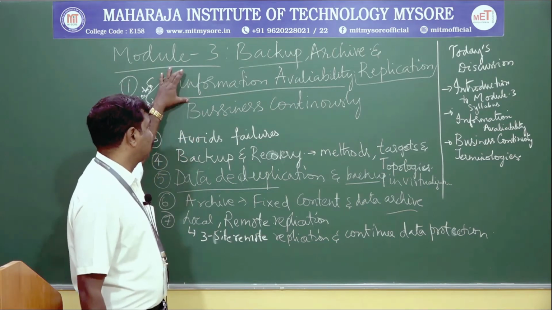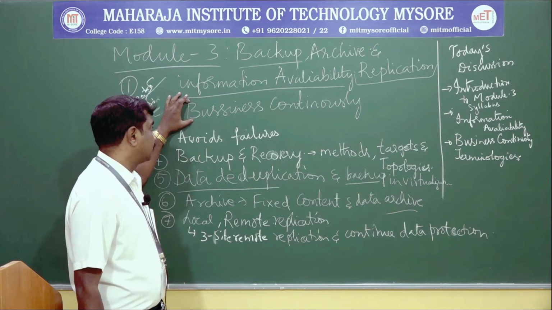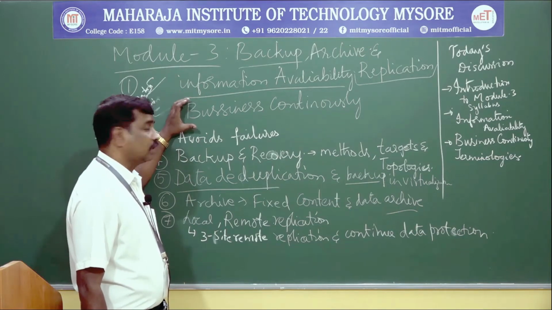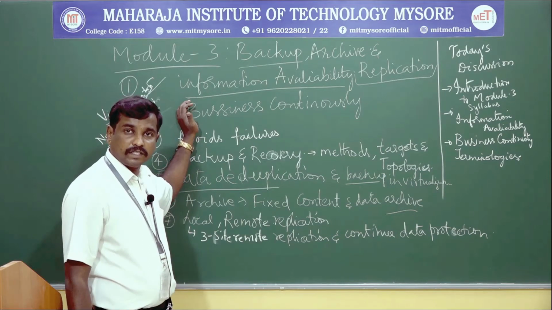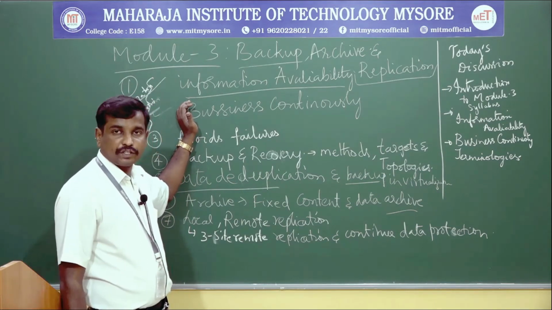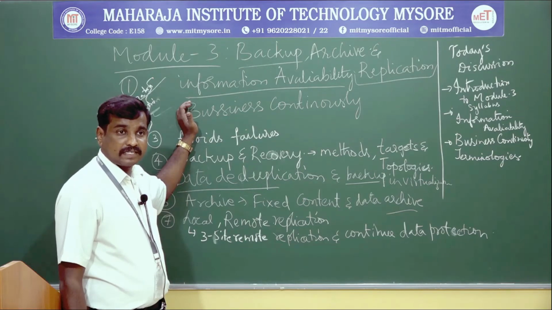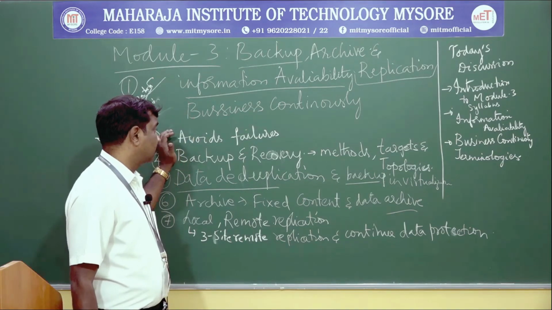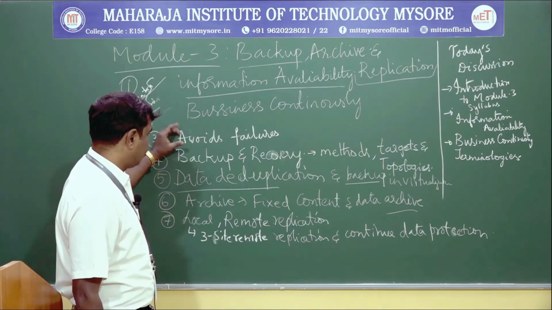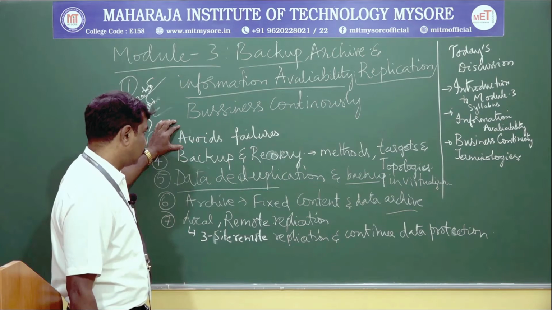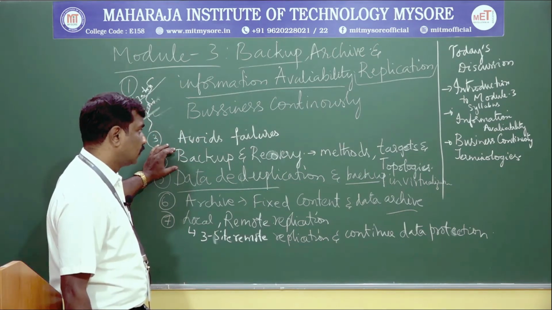If you make our informations available 24/7, it improves the business continuities. What are the terminologies we come across with respect to the business continuity operations to make our informations available 24/7, by making different operations, something like we avoid the failures and we take the backups and recovery depending upon the